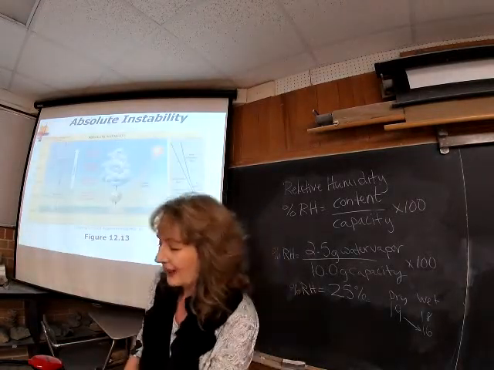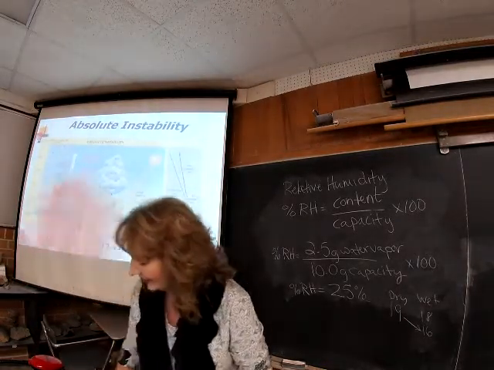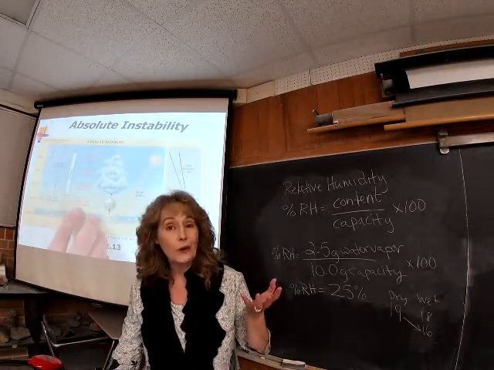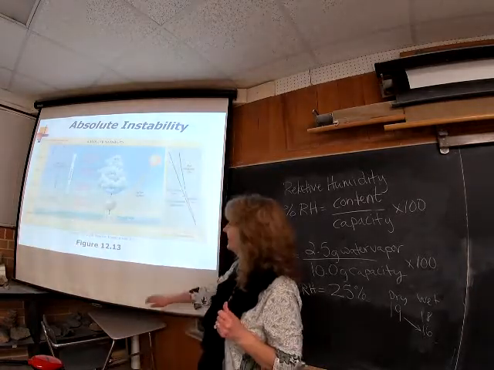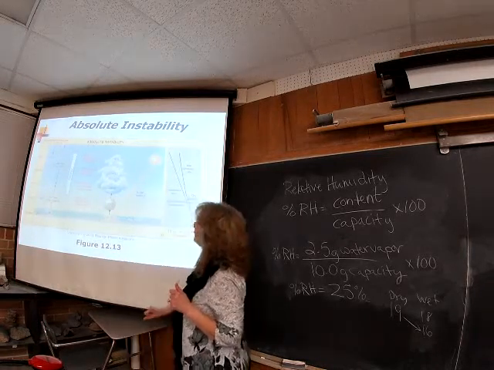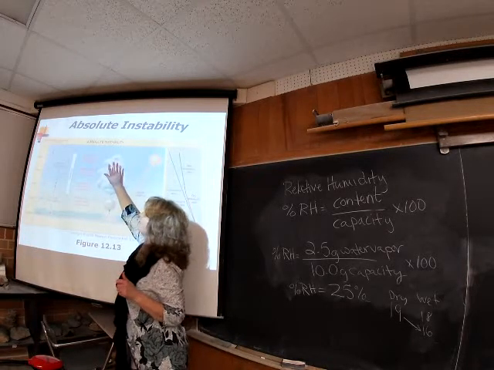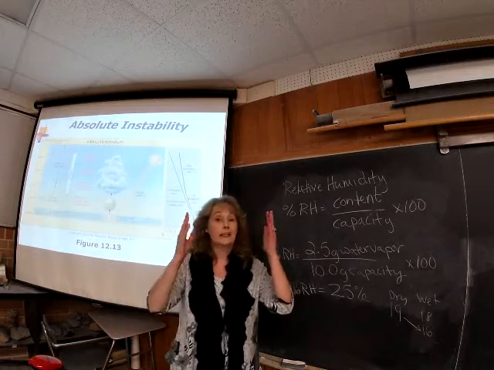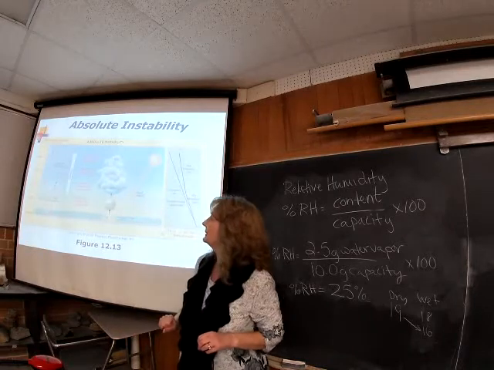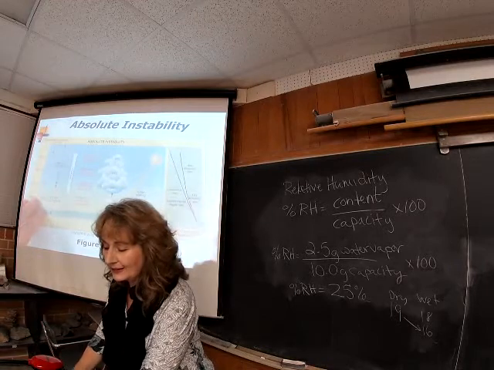So this first one is absolute instability. All the way as the parcel of air is rising, it's always a little bit warmer than the atmosphere. So here it's coming along, rising. The air is 2 degrees warmer than the environment. Here we go, we're 4 degrees warmer. We're 10 degrees warmer. We're 18 degrees warmer. So our parcel just continues to rise, and you are going to get some very towering cumulonimbus types of air parcels happening, and clouds out of that.